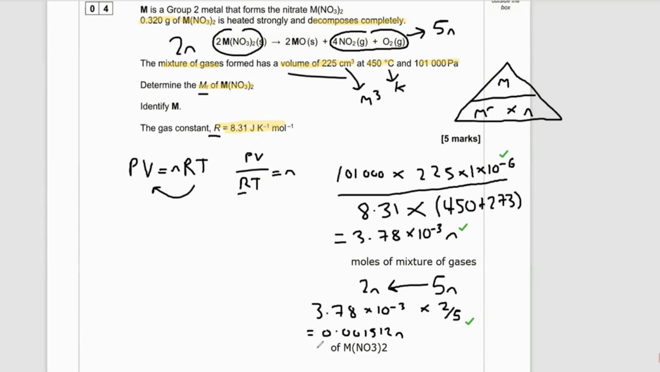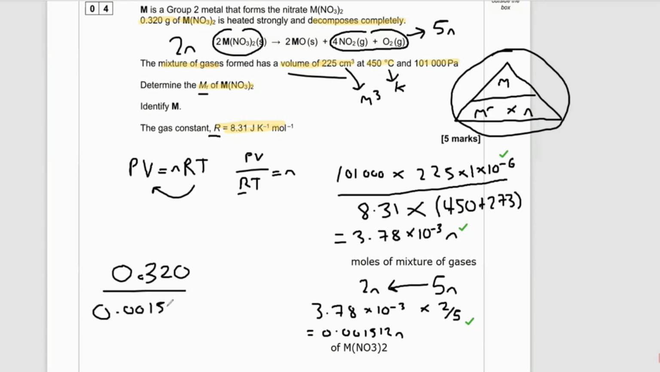Now that we know our moles of the metal nitrate is 0.001512, what we can do is stick it in the mass over Mr times moles equation. So we're going to have 0.320 grams over 0.001512 moles. So what we've calculated here is that the Mr of M(NO3)2 is